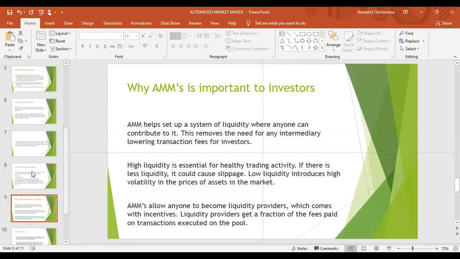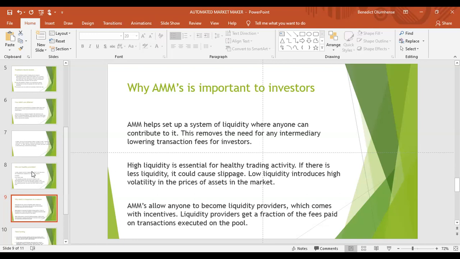So why are AMMs important to investors, right? Why are they important to us? First of all, it's a system of liquidity where anyone can contribute. This removes the need for any intermediary and also helps lower transaction fees for investors. High liquidity is essential for healthy trading activity. If there's less liquidity, it could cause slippage,